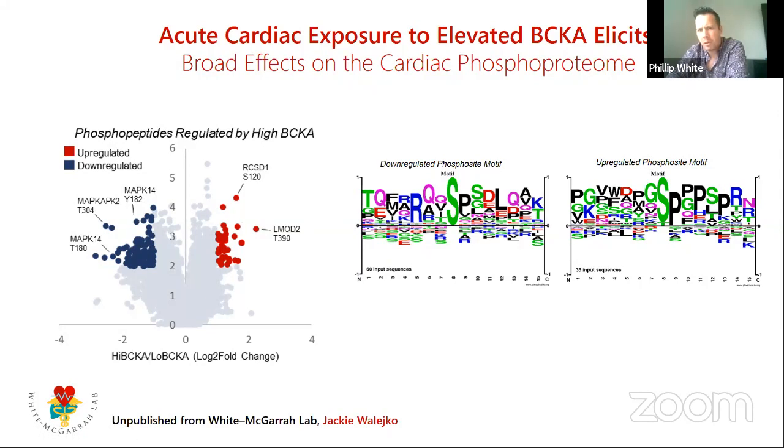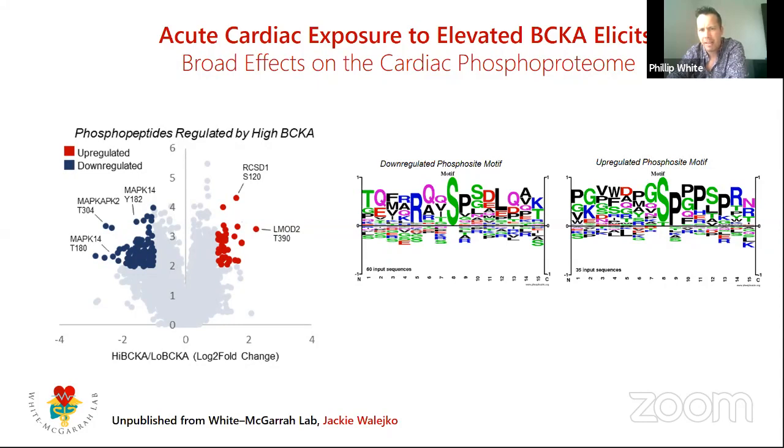And so when we look at the phosphosite motifs of the downregulated phosphosites and the upregulated phosphosites, we do appear to see a conserved motif, or at least a kind of consensus sites. The one we see for downregulated is consistent with decreased p38 MAP kinase activity. And the upregulated phosphosite is definitely consistent with increased ERK signaling, which is consistent with some of the phosphopeptides we see within that list, and also changes in things like ARAF and RAPGEF and cortactin phosphorylation.